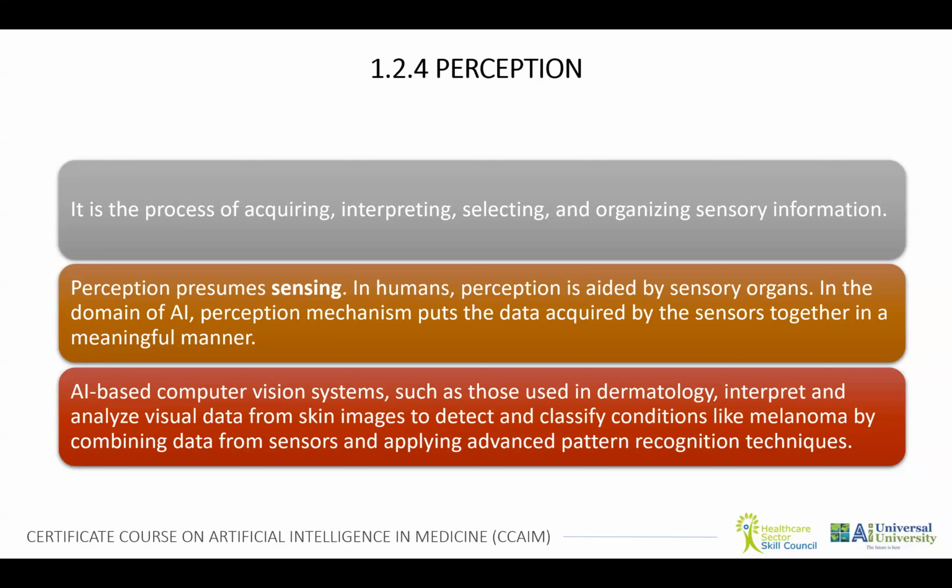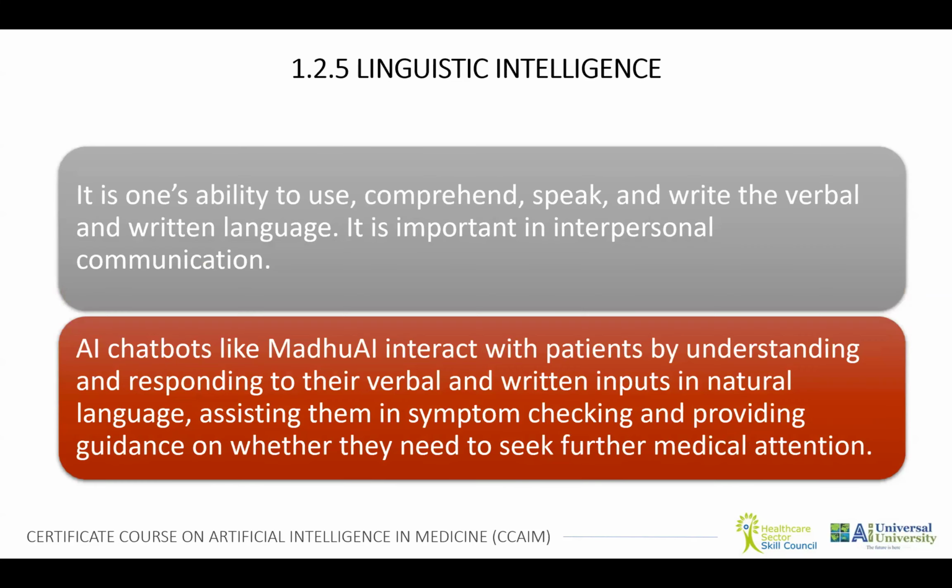So it's very important that when an AI tool is functioning, each and every segment of the intelligence is enabled. And this is where the basis of intelligence in an AI tool comes from. Most important segment is the linguistic intelligence, and that is the ability for one to use, comprehend, speak, and write the verbal and written languages. It is important in interpersonal communication. In fact, this is the most important intelligence which enables all of us to use artificial intelligence right in our